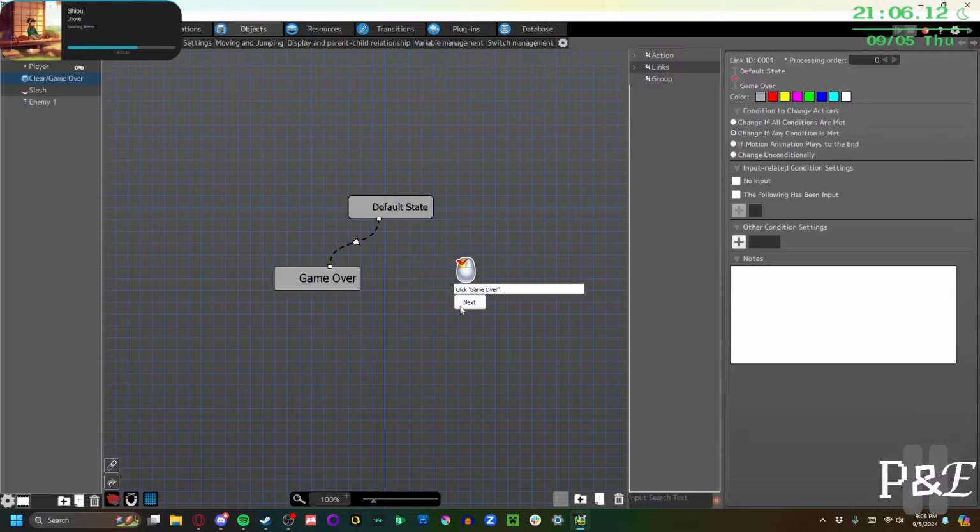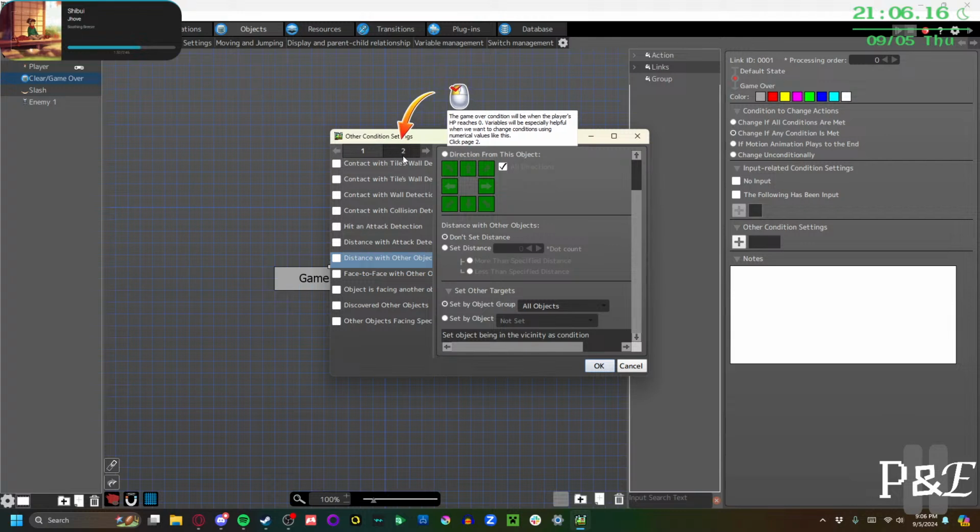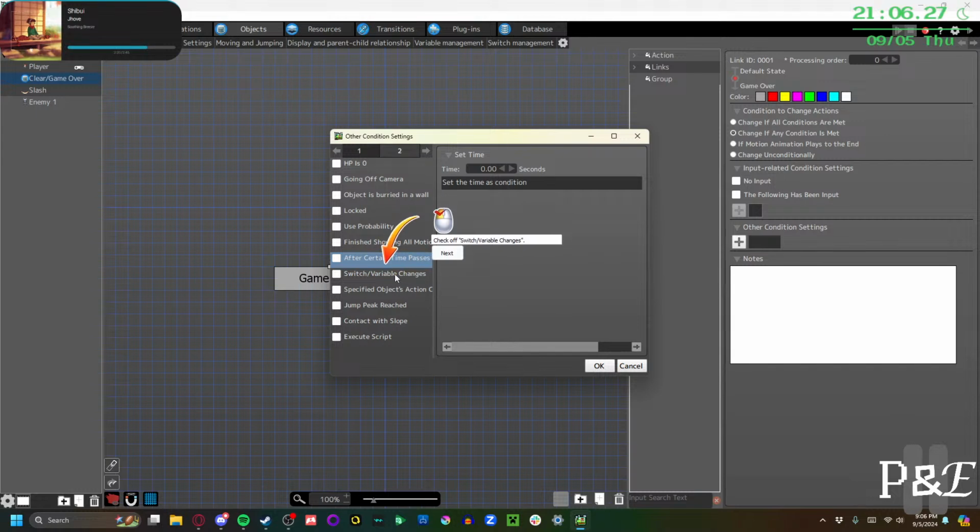Add link to game over. Pick the link. Okay, the game over condition will be when the player's HP reaches 0. Variables will be especially helpful when we want to change conditions using numerical values like this. Click page 2. Check off